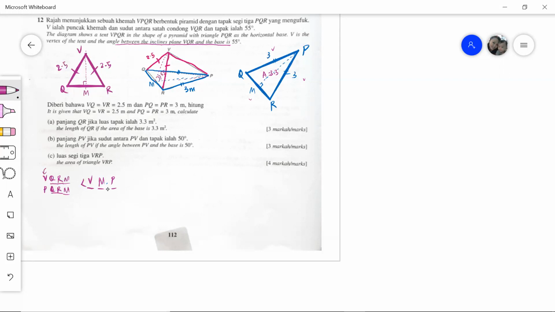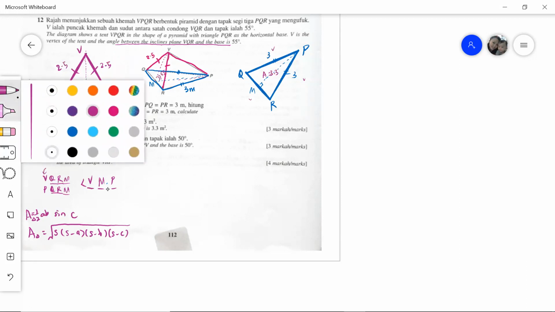Because to find the area of a triangle, we've got two formulas. One is half AB sine C. Another one is Heron's formula, the square root of S times S minus A, S minus B, and then times S minus C. Don't forget to square root it. Between these two, there is no angle given, therefore we need to use Heron's formula. So before that, we have to find out what our